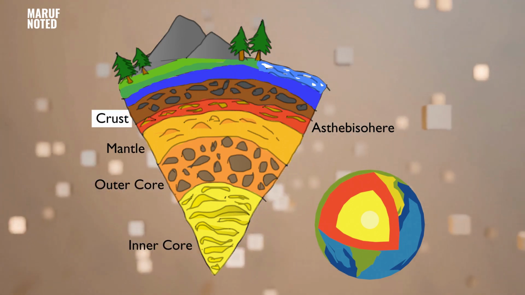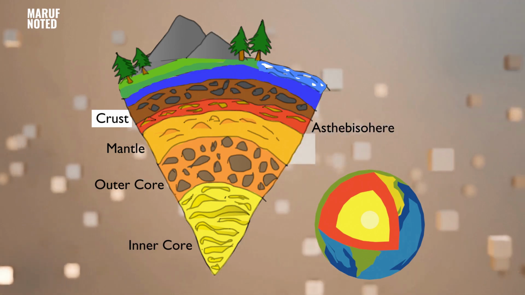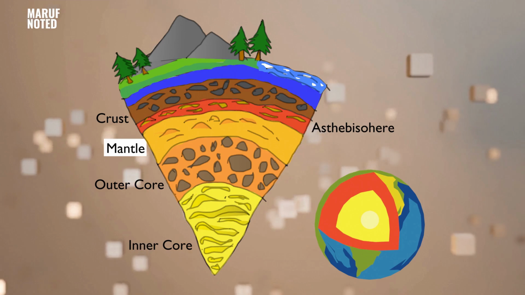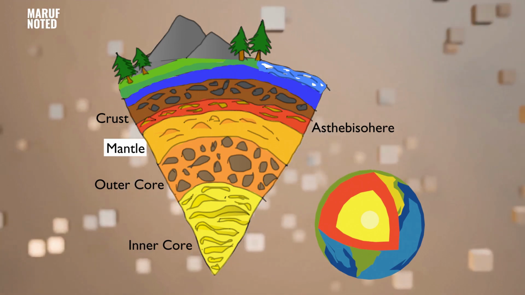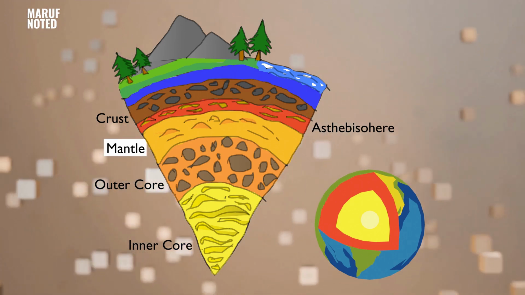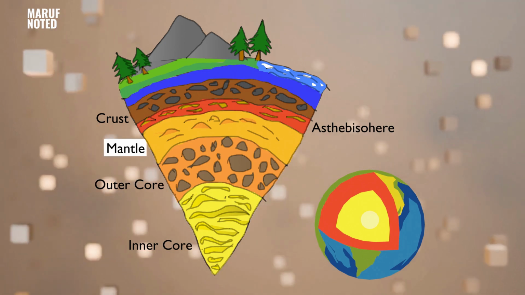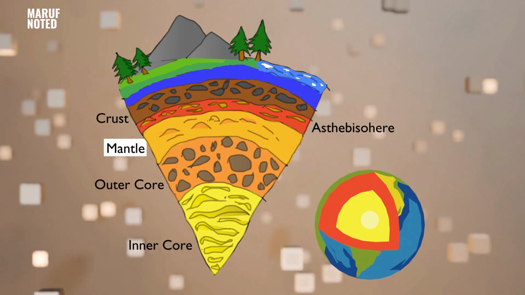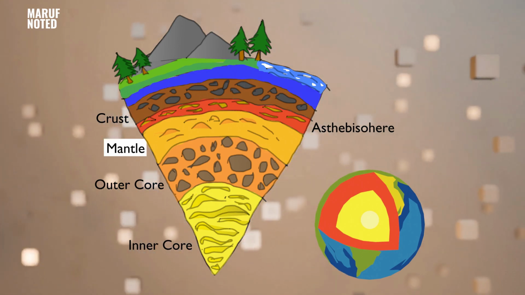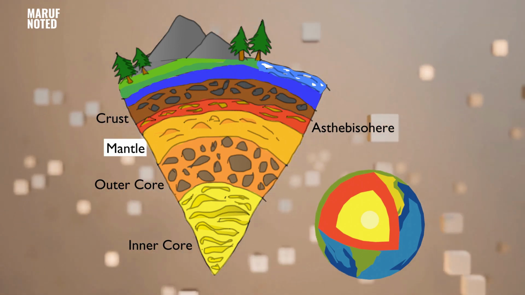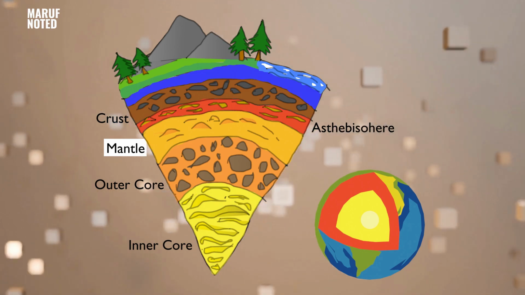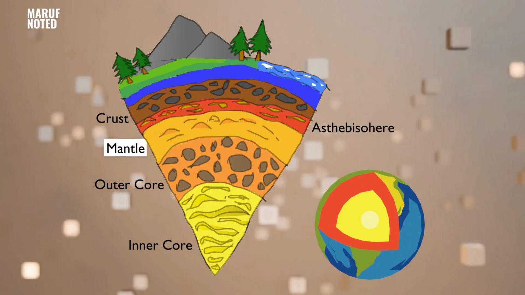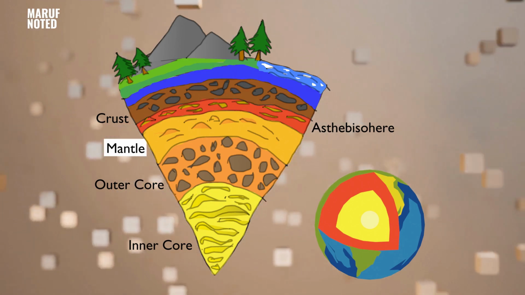Crust is the outermost and thinnest layer. Below the crust, the mantle is located. Mantle is subdivided into two layers, upper mantle and lower mantle. The upper mantle moves larger areas of crust called tectonic plates, resulting in the formation of volcanoes, mountains, etc. Below the upper mantle stays the lower mantle. Lower mantle is incredibly large and takes up most of the Earth's volume. Being so deep into Earth, the lower mantle has a very high temperature and pressure.